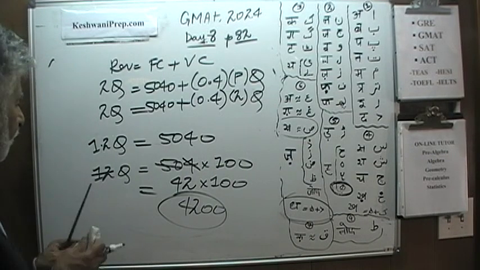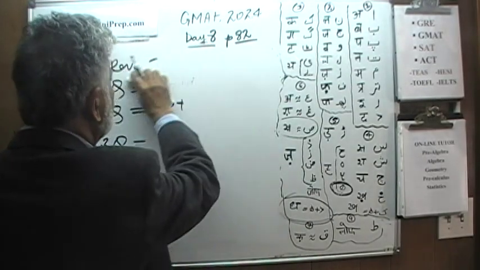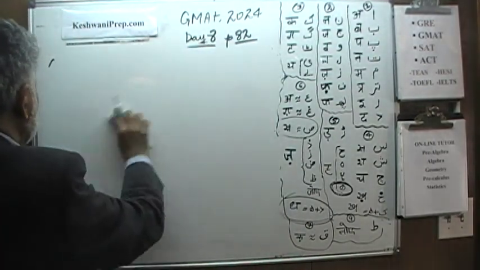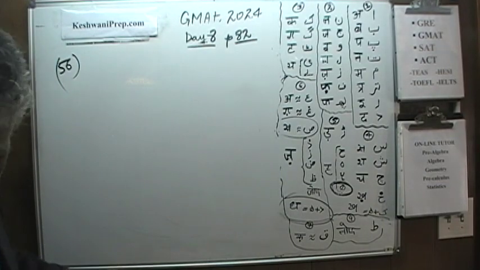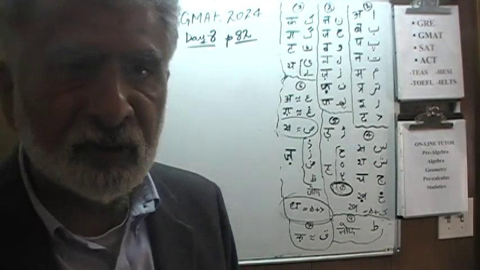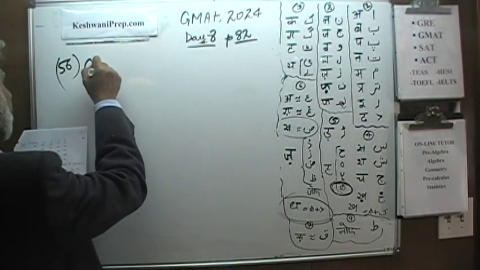Let's do number 56. And the fixed cost, in the problem, they go on to explain that the fixed cost is the cost of buying the machine. That's what the fixed cost was. 56. In 56, we have company